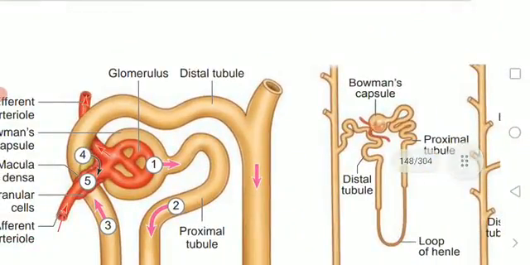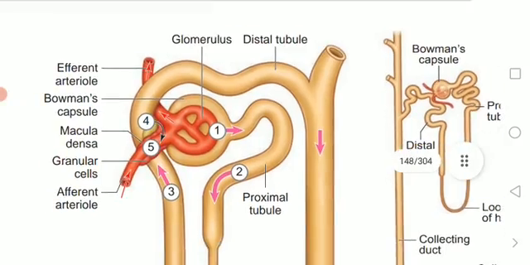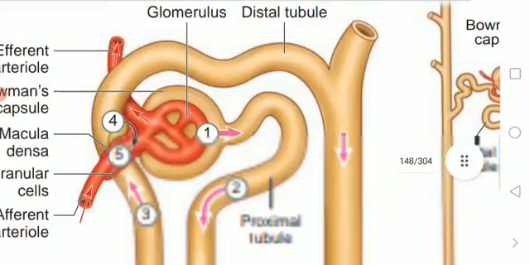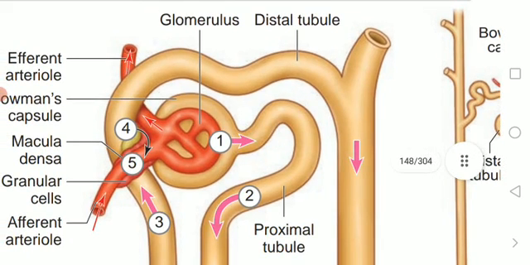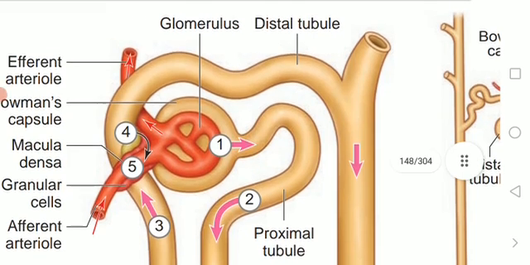The next topic we are going to see is urine formation, the mechanism of urine formation. How is urine formed in the kidney? That's what we are going to see. The ornithine cycle topic we have completed.